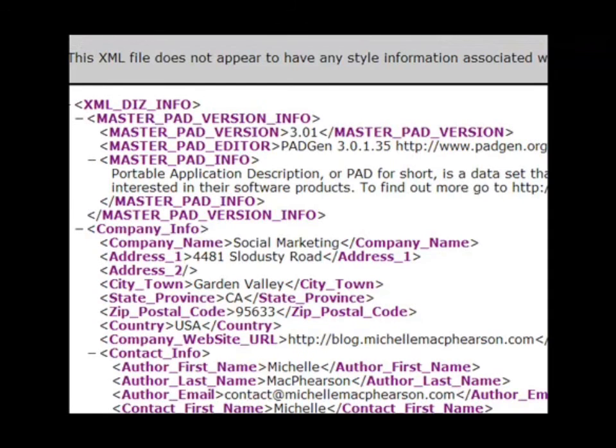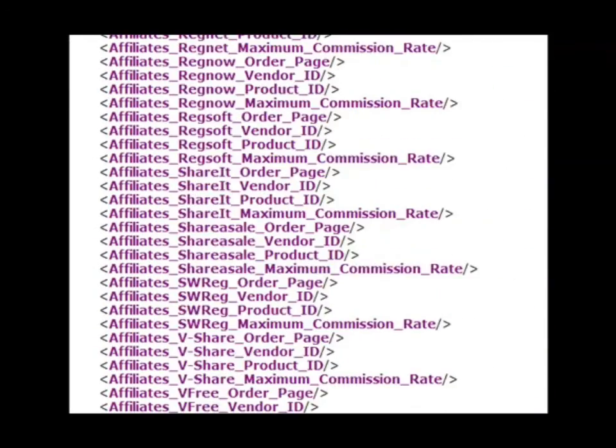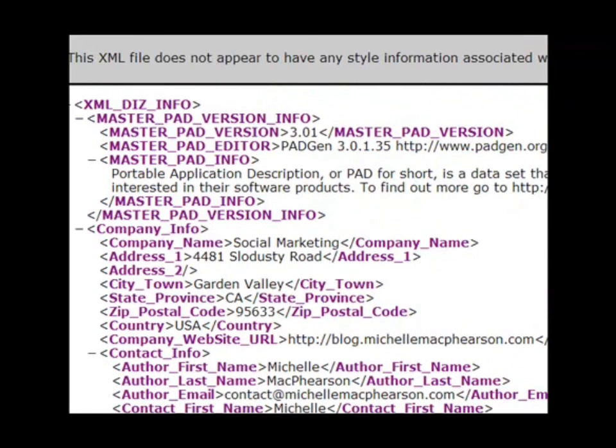I see that my screenshot is where it's supposed to be, my icon is where it's supposed to be, and my actual pad file is where it's supposed to be. So it looks like I've uploaded everything properly, and you need to check and make sure too that you did. Just to make sure that when you submit this to the software directories, everything goes where it's supposed to go. So that's it. You've successfully created your own software, and you've successfully created a pad file to let the software directory